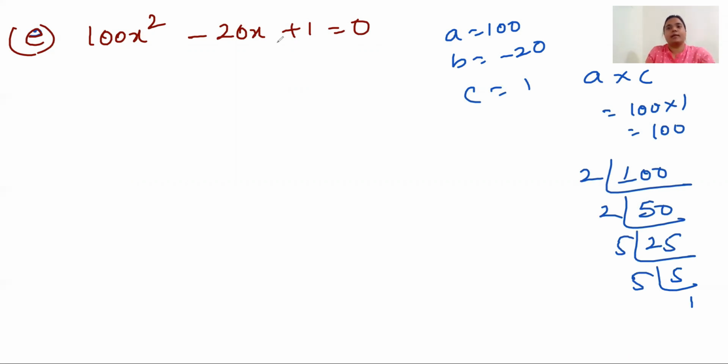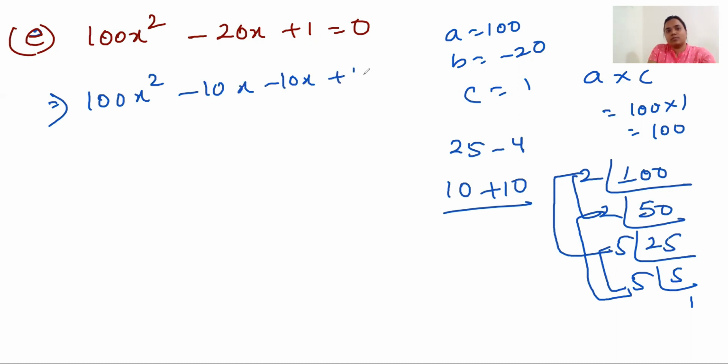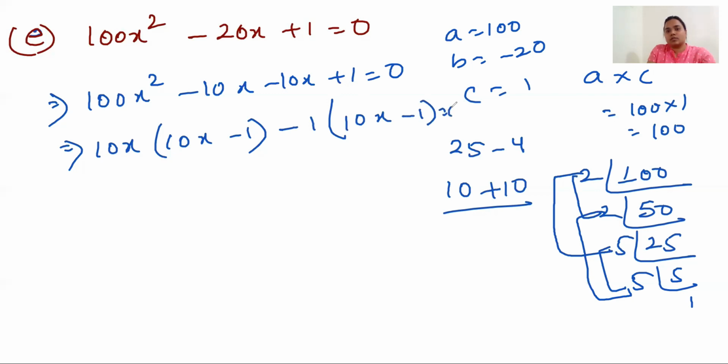We have to arrange it to get minus 20. So first we can try 2 to the 4, 5 5s are 25. 25 minus 4. No, we are not getting 20. Now I'll arrange 2 5s are 10, 2 5s are 10. So 10 plus 10 I can get as 20. It is minus 20x, so I'll write minus 10 and minus 10, because minus and minus equals plus. I can take 10x as common. So 10x minus 1. Again, from here I can take 1 common. So 10x minus 1 is equal to 0. Let's erase this to avoid confusion.